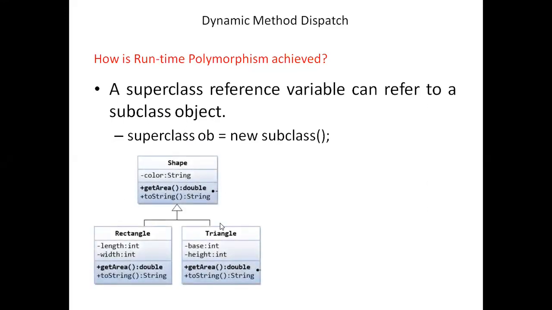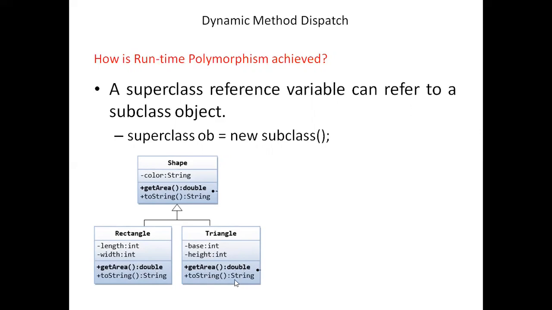in this fashion, assume that we have a class called Shape, which is the base class, and there are two child classes for it. One is Rectangle and the second one is Triangle. In Shape, you can see that there is a particular string and two methods: one is getArea and the second one is the toString method. In the Rectangle class, we have length and width, and we have getArea and toString methods. So getArea and toString are overridden. They are defined again in the Rectangle class.